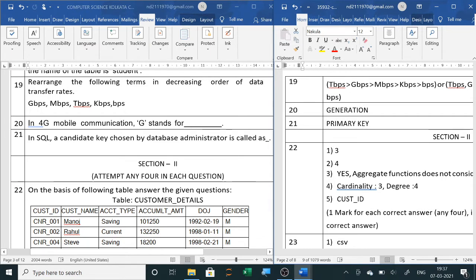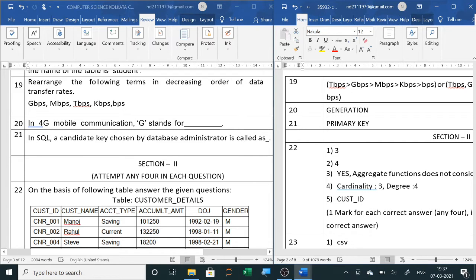So first tbps, gbps, then mbps, then kbps, then bps. So you better write it in your copy, just note down what values are there. Like conversion we have learned, kbps equals 1024 Mbps and so on, kilo to mega, then giga and then tera.